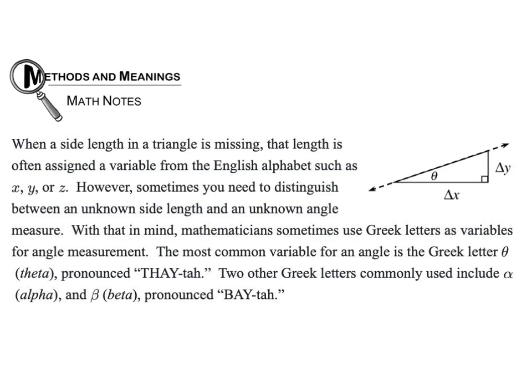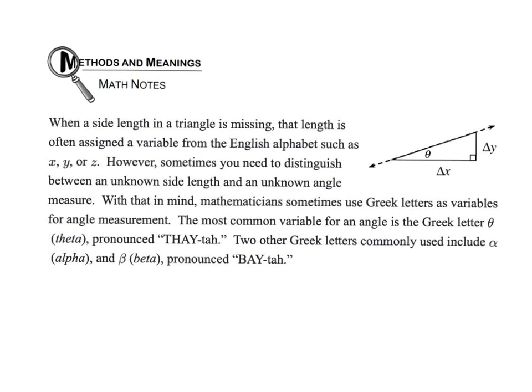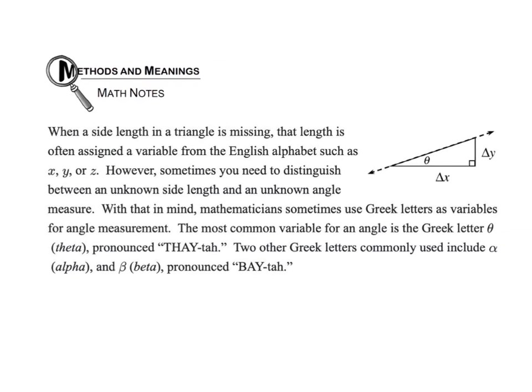When a side length of a triangle is missing, that length is often assigned a variable from the English alphabet, such as X, Y, Z. However, sometimes you need to distinguish between unknown side lengths and unknown angle measures. With that in mind, mathematicians sometimes use Greek letters as variables for angle measurements. The most common